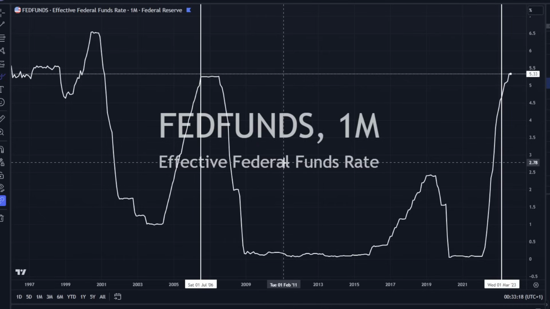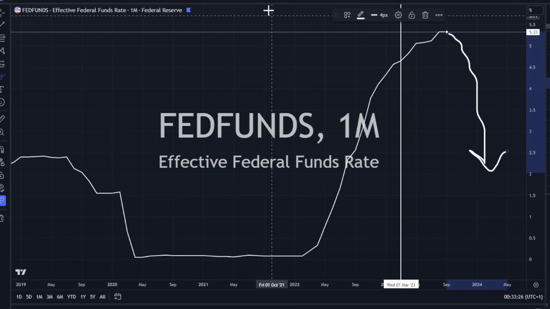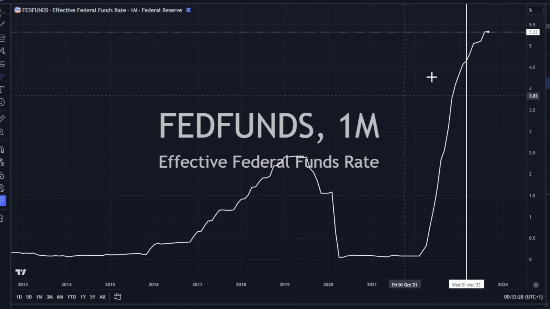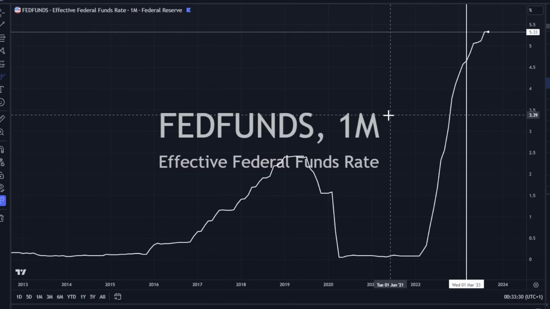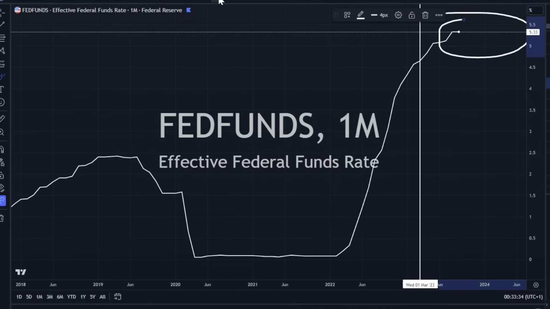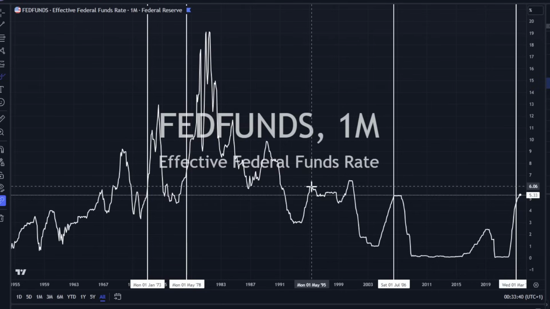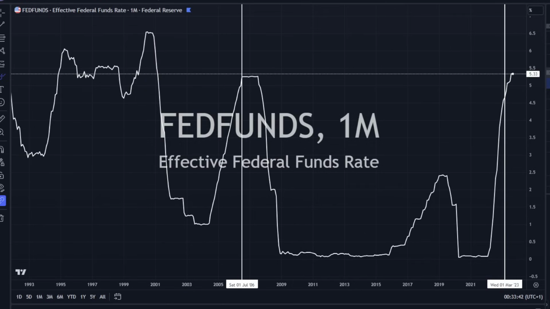A lot of people are in that camp, and some people are not in that camp. Some think that we are going to get a slowdown and that the rates are going to come back down. I think that we're going to be higher for longer. I'll just take him at his word. I think they'll be higher for longer, and I think the commodities are going to start to run. That's what I think. But just because I think that doesn't mean that's what's actually going to happen. So I think they're going to hold them up there for at least a few years, is my guess.